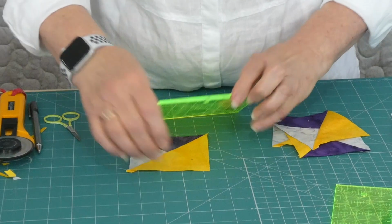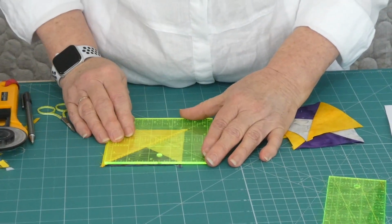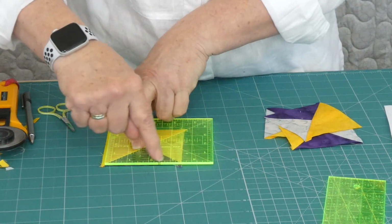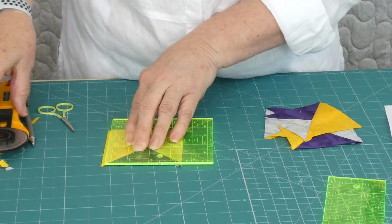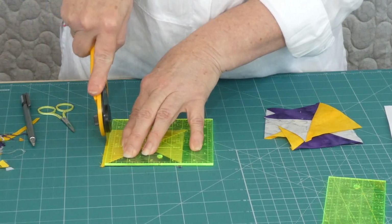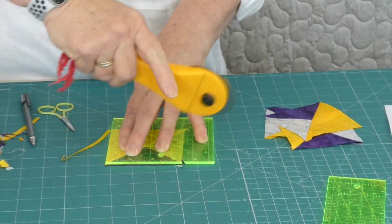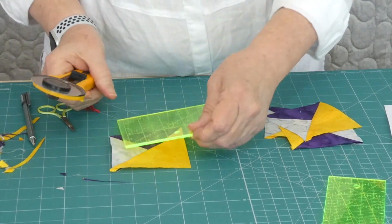the block up now. So I'm just going to place my ruler on with my diagonal line, and I'm just going to trim, so not a lot to trim from the 2 coloured half, but there's more to trim from this one here. So I'm just going to trim off that piece of the yellow, and it's just a little whisker and those little corners off that one, and I'm going to turn it around and do the same thing